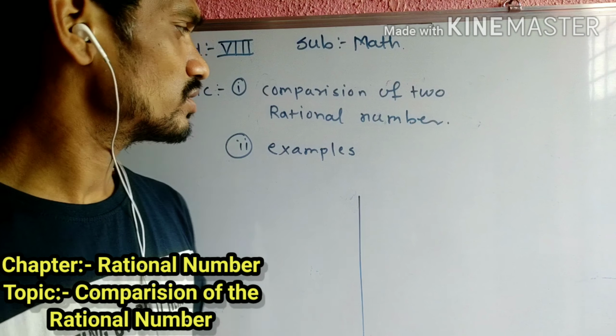We have solved question number 3. In that question, 5 by 2 is bigger than 3 by 2. So now we have taken the negative. If a is bigger than b, that implies minus a should be less than minus b. The sign will be changed. So the same happens if we take minus 3 by 2 and minus 5 by 2.